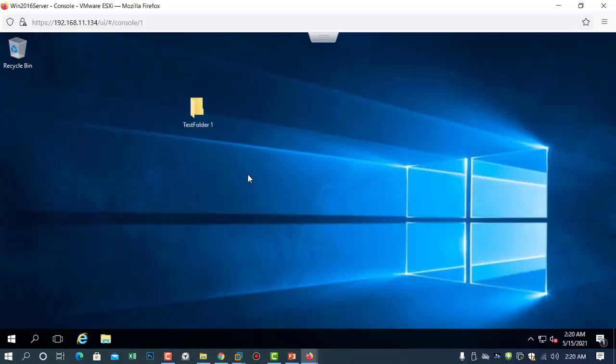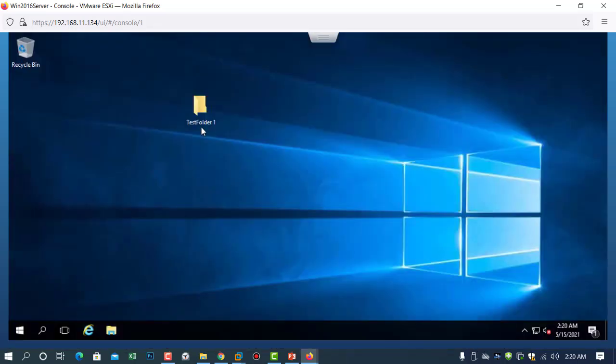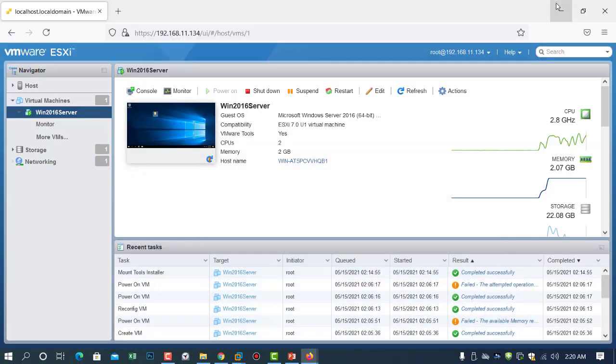So for example I created this folder, and if I want to change something, for example I install so many software, before installing the software I like to preserve the state of my virtual machine. How can we save this virtual machine state? In virtualization it is called snapshots. So we can take the snapshot of this machine by going to this menu